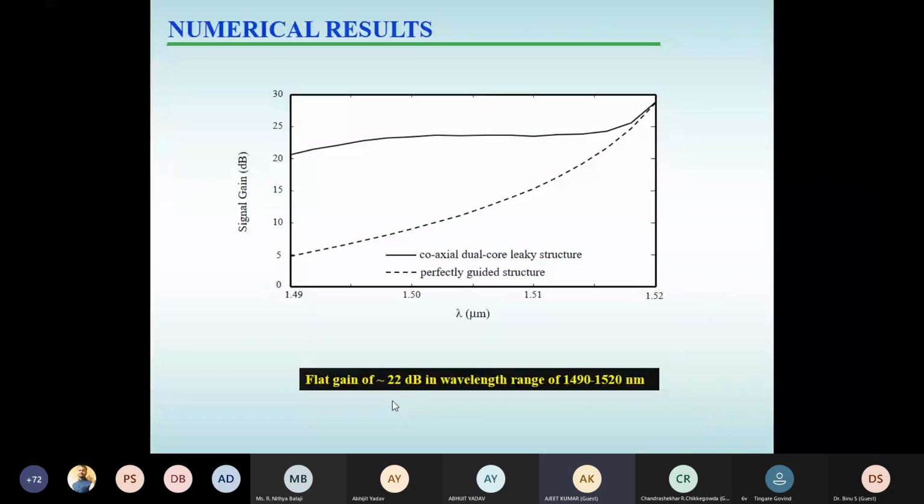So what I want to conclude is that if you do any kind of analysis, you need to analyze it carefully, and that analysis can lead to some new structure. New structures should be given such that they are easy to fabricate by the team which is going to fabricate it, because you can come up with any kind of design, but your design parameters should match with the experimental